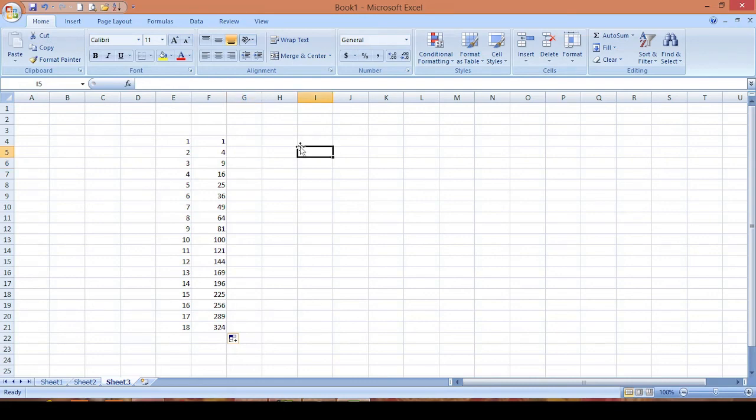And now let me show you one more example. I'll print a Fibonacci series. For this I'll take 0 and then I'll take 1. Now here I'll write the formula as equal to, the cell address, this plus this, which will give me the sum of these two. Now I will place the cursor and drag it. As you can see, 0 plus 1 is 1, 1 plus 1 is 2, 1 plus 2 is 3, 2 plus 3 is 5, 3 plus 5 is 8. So this way you will get the series. So you can do any calculation, you can write any formula.